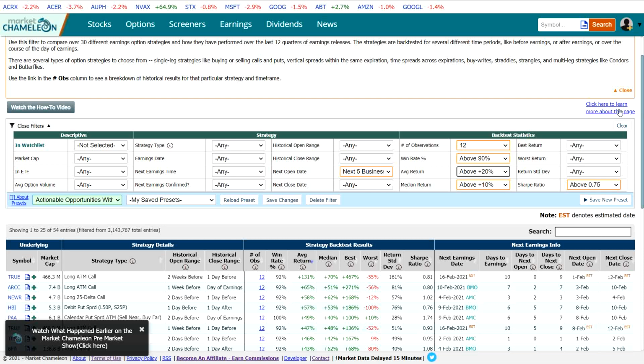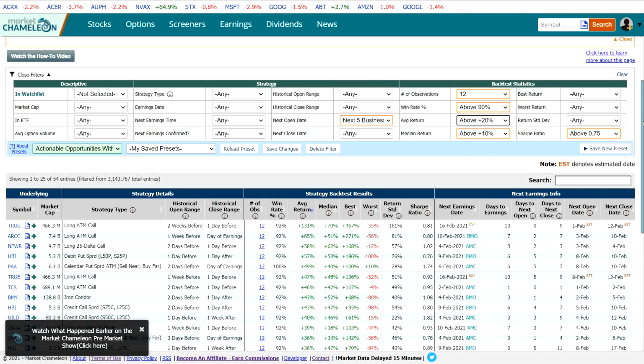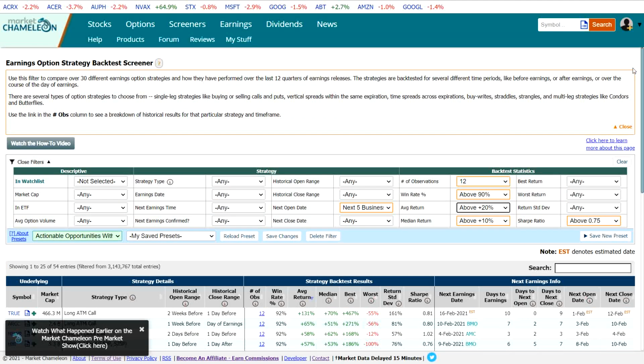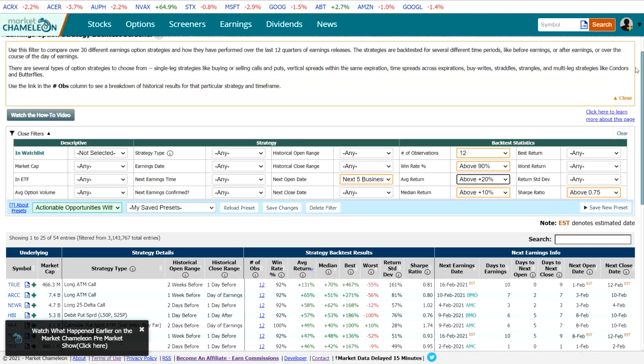That's all they do. They're not playing on prices. They're not telling you up or down. They're just telling you where is the best edge for you to make the most amount of income compared to what you should get. So let's start Market Chameleon.